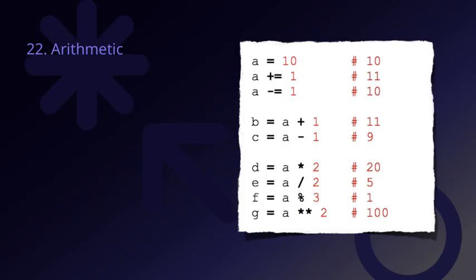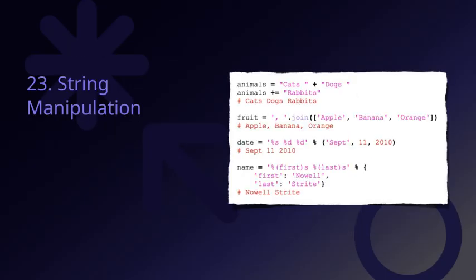So, as we move forward, keep in mind that a strong grasp of arithmetic is essential for everything else we'll explore. Now, let's move on to slide 23, which focuses on string manipulation. This is a crucial area because working with text data is incredibly common in programming. When we talk about string manipulation, we're referring to various techniques that allow us to modify, analyze, or extract information